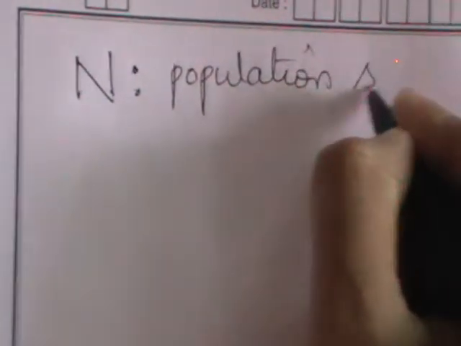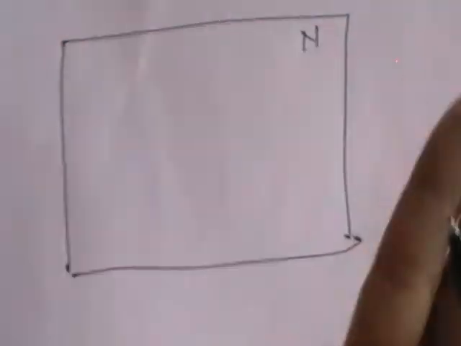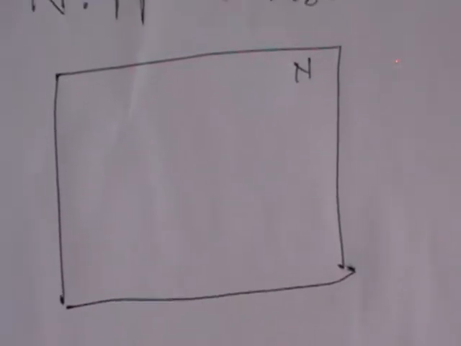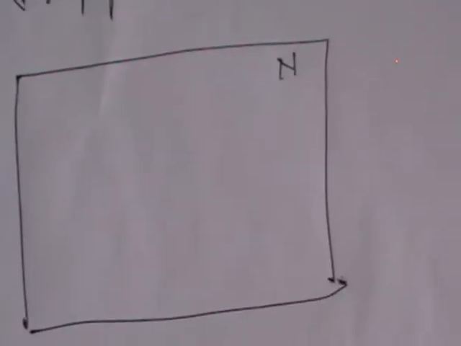I'll explain. Let us say, what does capital N always stand for? Population size. Let us say we have a population of size capital N, which is heterogeneous. As I said, take your entire college students: in this you have BSc, BCom, again BSc Life Sciences, BSc Physical Sciences. Is it heterogeneous or homogeneous? As you have a combination of two or three, we can simply call that a heterogeneous population.